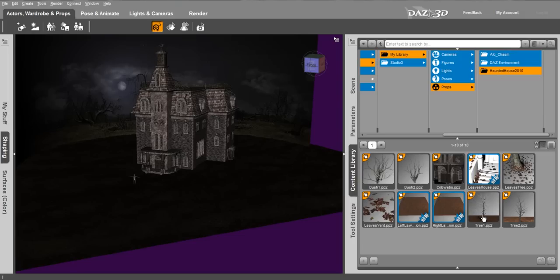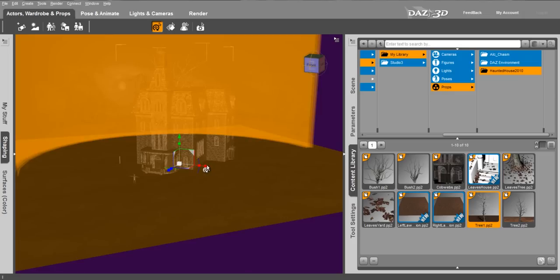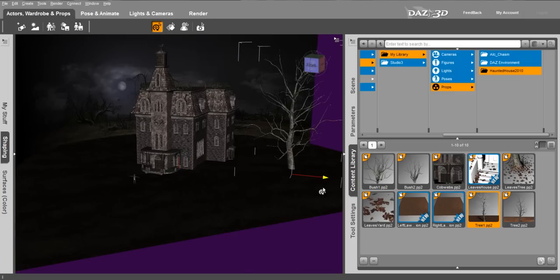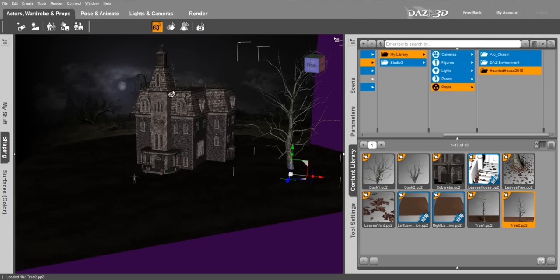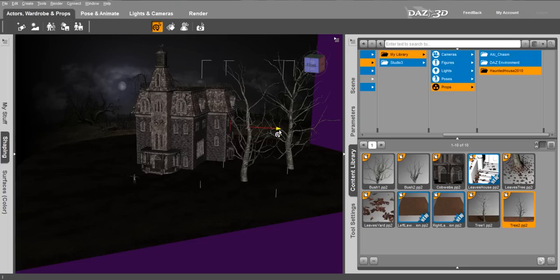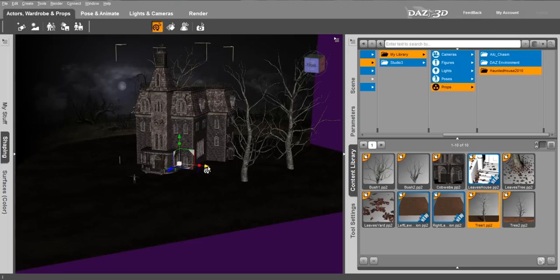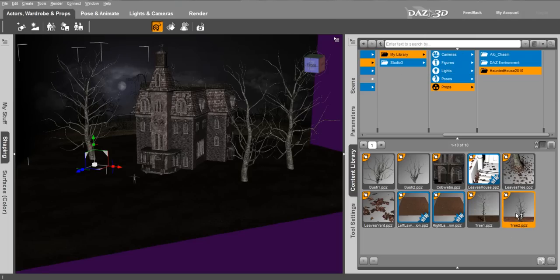Now we want to go and start loading up some trees that actually come with the haunted house. These are under the props, and we're going to load a series of those for the yard. So we load them in, move them around. We're just using the universal manipulator inside the viewport to get these where we want. So we're going to throw in a couple more trees here. Obviously you can tell we've got this speeded up a little bit, but to save you time going through it. Alright, and then one more tree. We'll throw that in the front yard on that left side of the viewport.